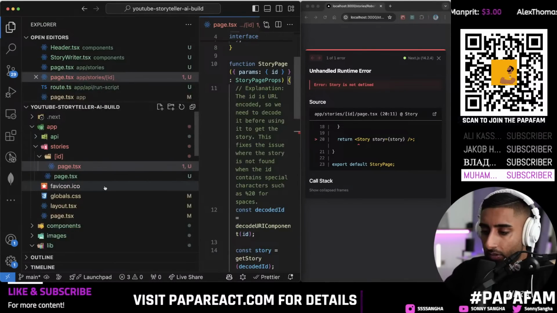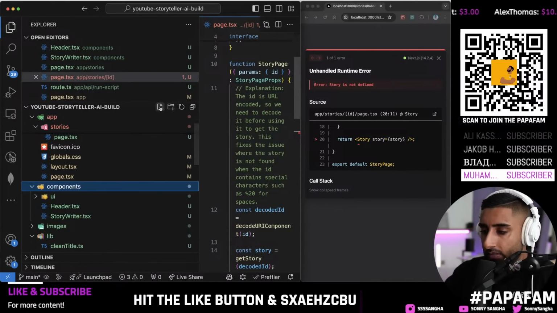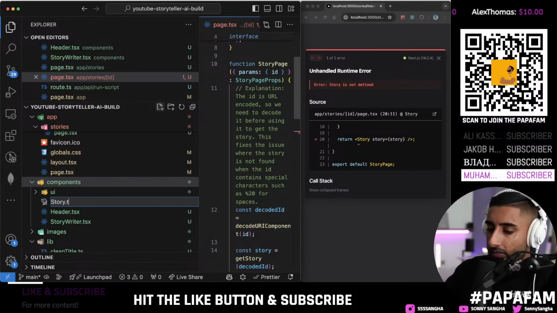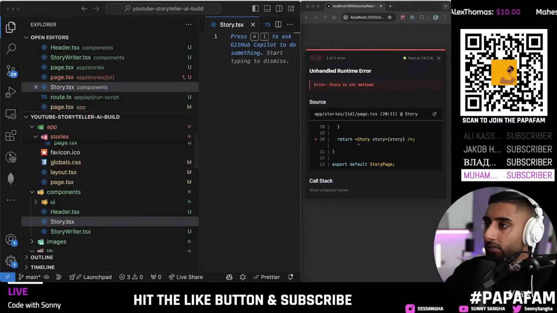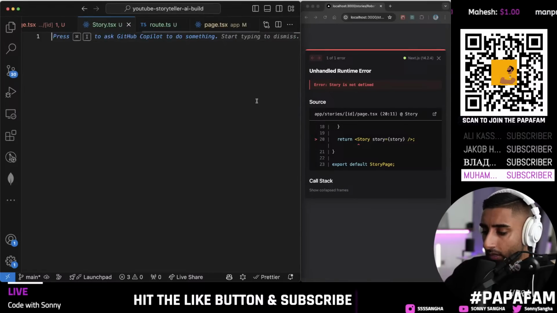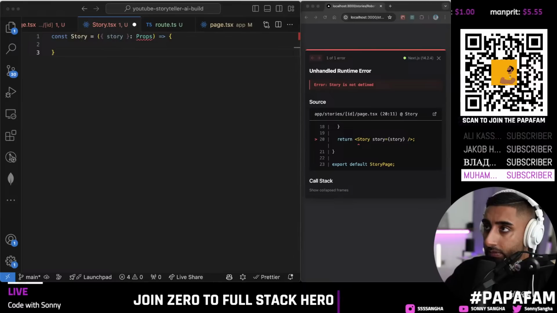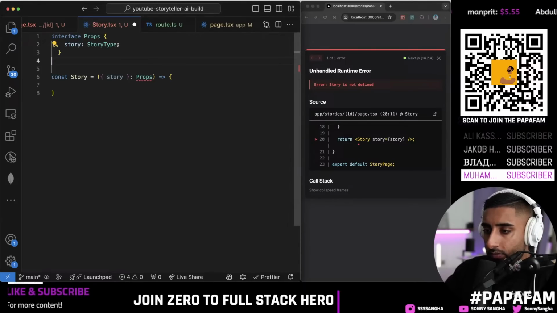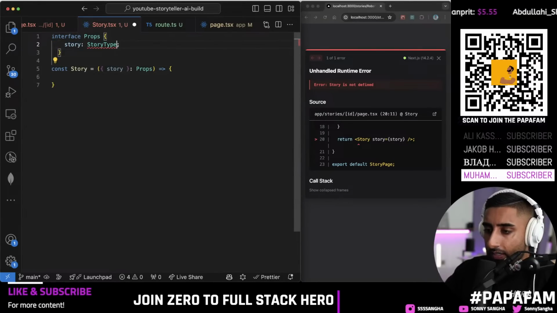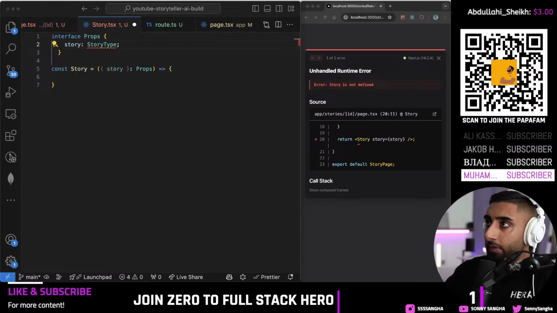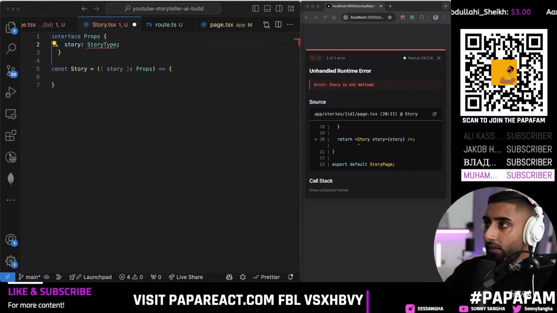Okay, so let's go ahead and create the story component. So inside of here, our components, we're going to create story.tsx, right? So story.tsx. Now in here, we're going to go ahead and create a functional component. So boom, this is our component like so. It takes some props. The props are as follows, right? The story itself. And then we need to go ahead and import our story type definition. So our story type definition is actually from